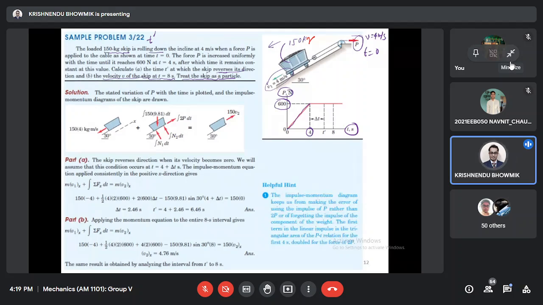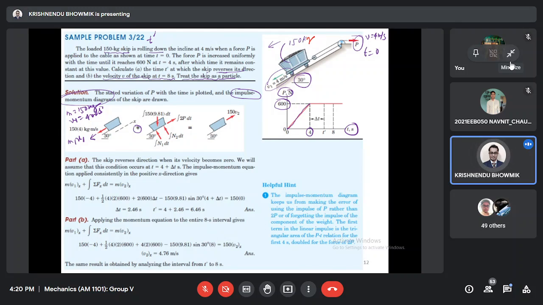Now, if we want to draw the impulse momentum diagram, let's consider initially: M is 150 kg, V1 was 4 meter per second. So the initial momentum was M1 V1, 150 multiplied by 4, in kg meter per second, and this angle is 30. So this is shown initially, plus